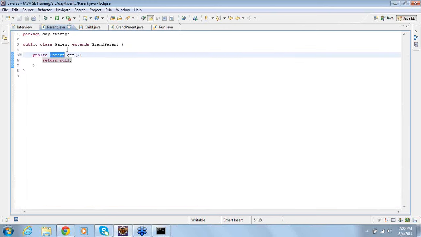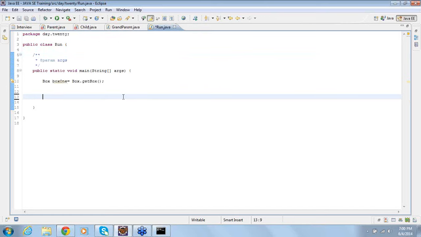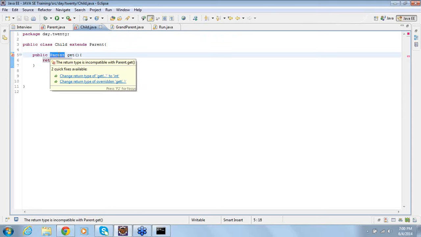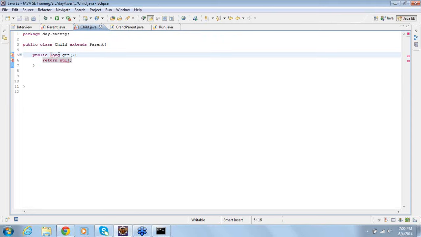That is one thing. Next thing is we get back to the normal thing. Now in the parent I have a return type as an int. Now while overriding, can I change it to long here?